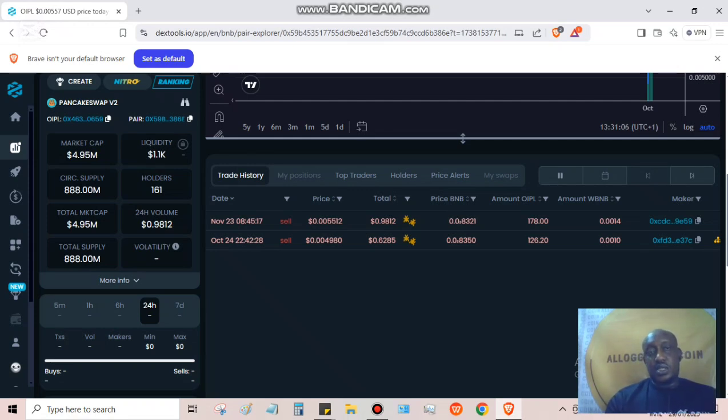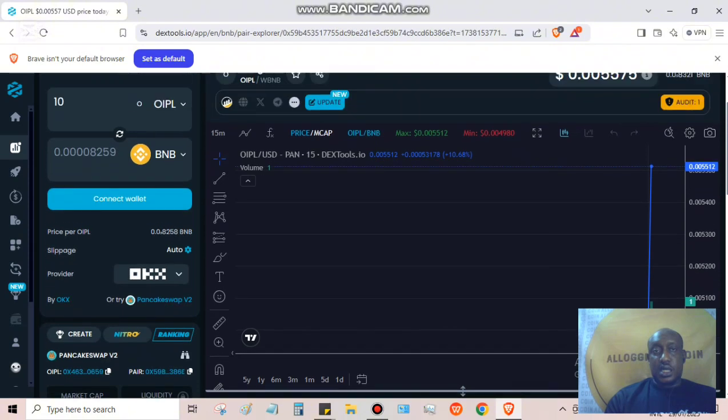If you look at this coin, it has a market cap of about $4.9 million, 4,950,000. But look at the liquidity: it is $1,000. You will ask yourself, how come it has very low liquidity but a high market cap? Well, it's because of the price, because the coin is sitting at a price of